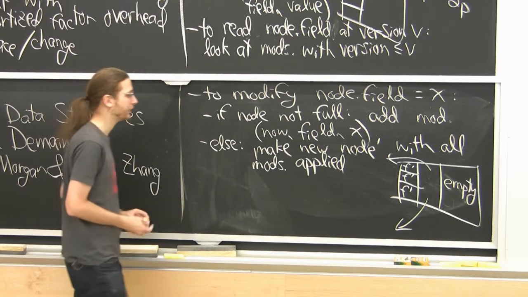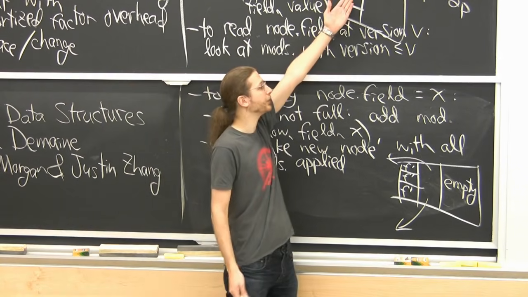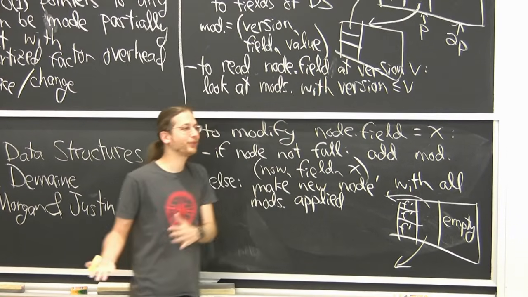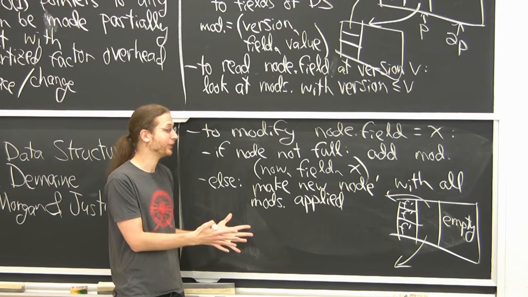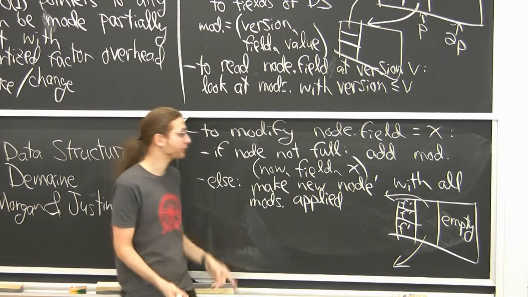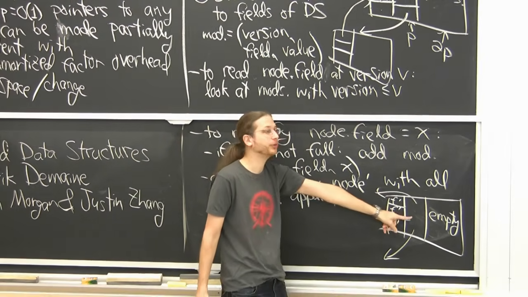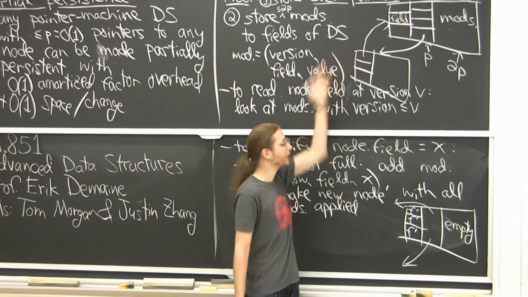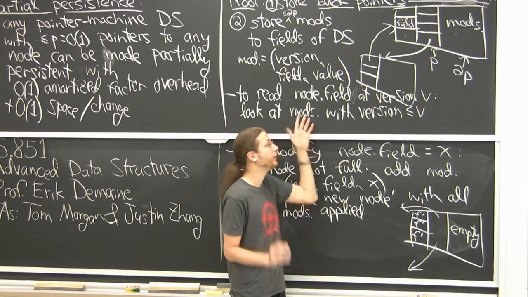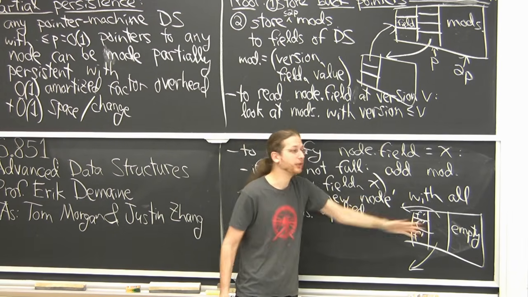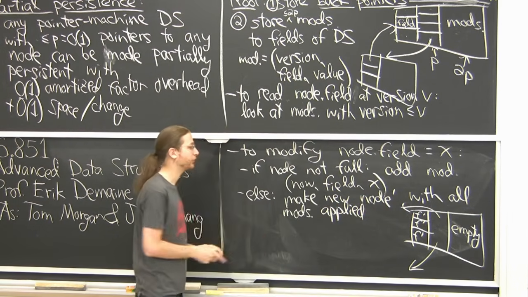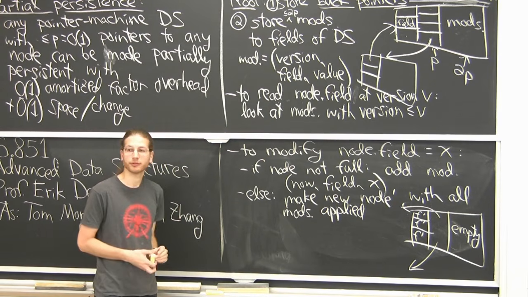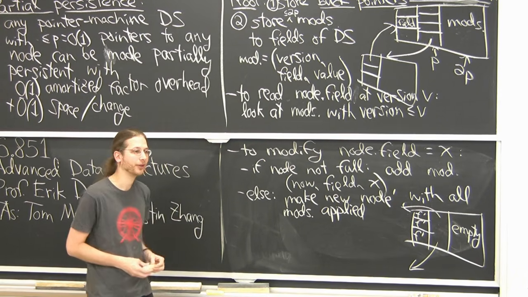Update pointers. There are pointers to the old version of the node, which are fine for the old versions of the data structure, but for the latest version, this node has moved to this new location. So if there are any old pointers to that node, we've got to update them in the current version to point to this node instead. The old versions are fine, but the new version is in trouble. Other questions? All the same answer.